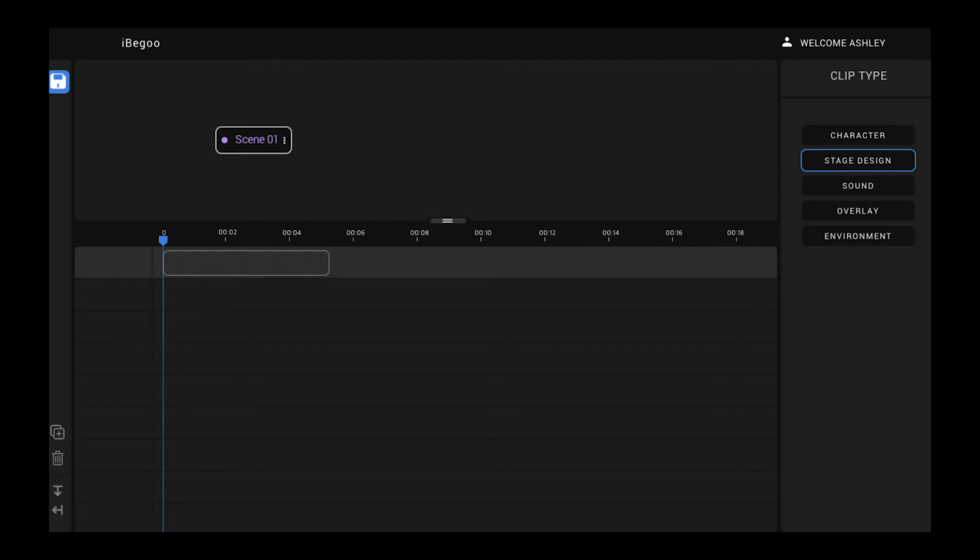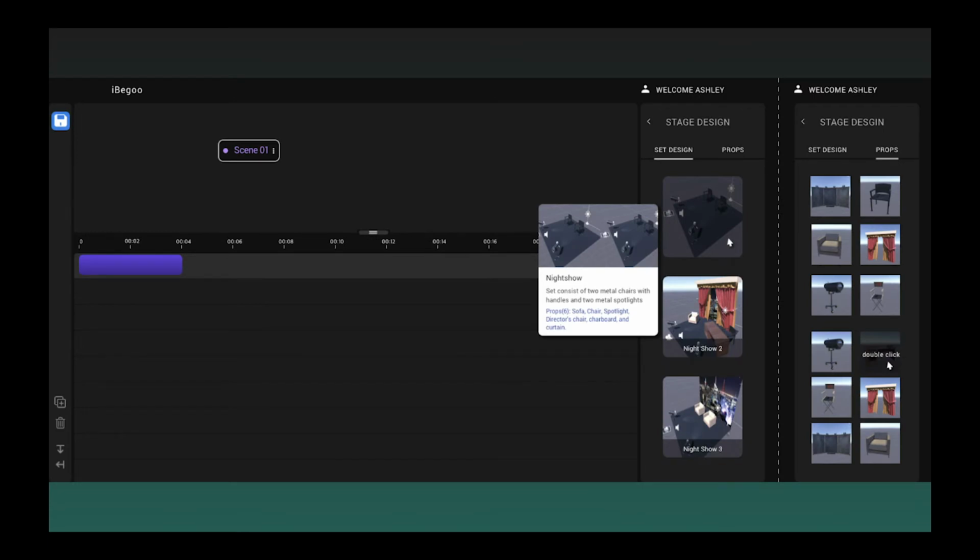On the timeline you can put the character, stage design, sound, overlay, which is text, and environment. Environment is another concept. So in the future version, we want to use the camera on the back and front together, so that's for the future version. Anyway, in this case, the user can see a holistic view of their story because they can select the character and